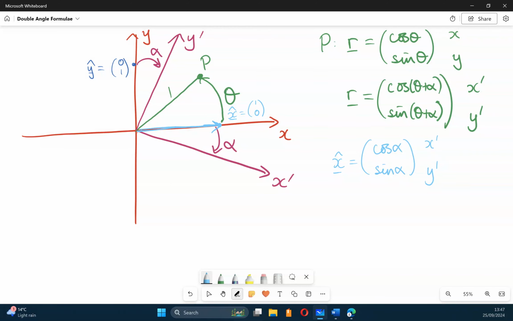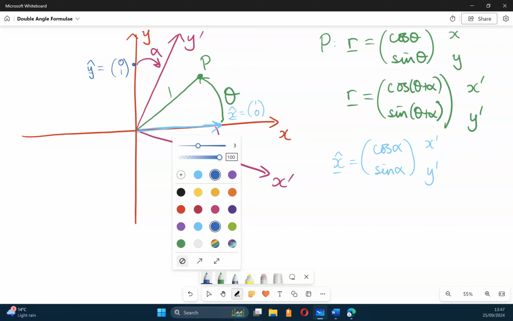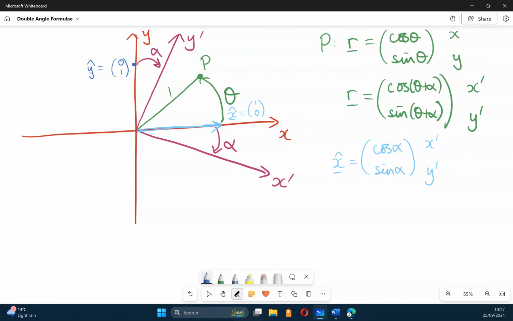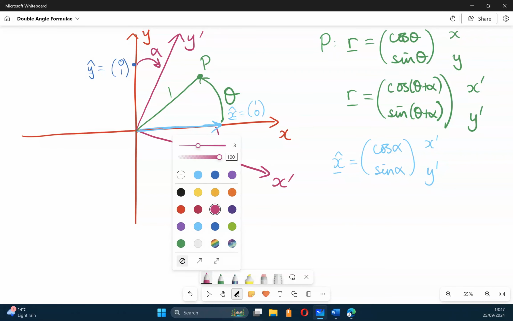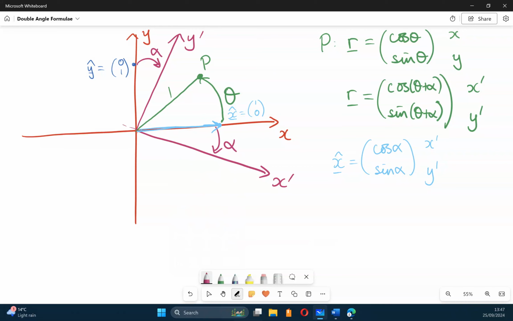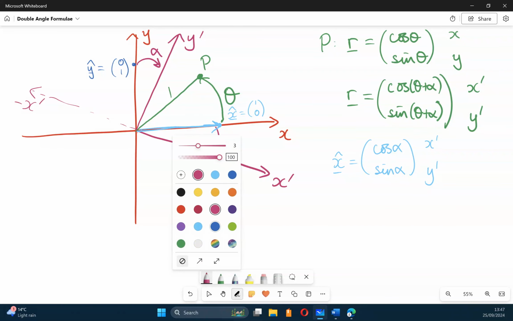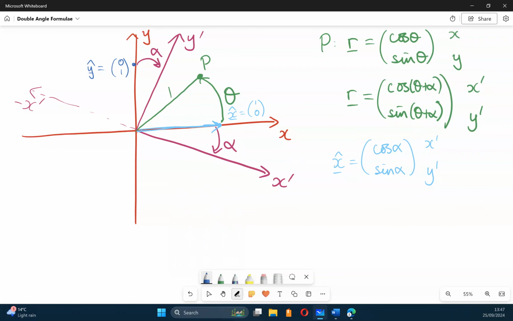And then we could do a similar thing for y hat. But this one's a bit trickier, so it does take a bit more time to process this idea. What I'm going to do is extend the x prime axis here, and then this is going to be our minus x prime. And then what I'm going to say is that our y hat vector,